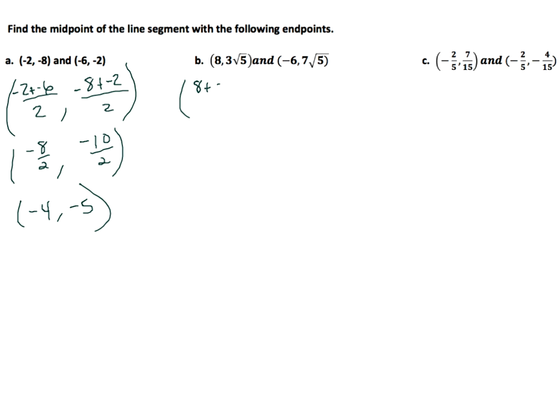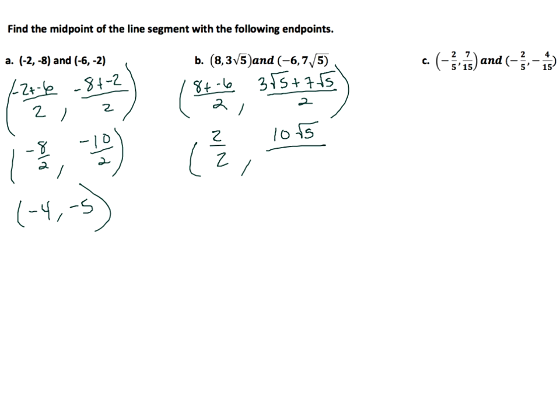Moving on to this next set. Average my x's: 8 plus negative 6 over 2. Average my y's: 3 square root 5 plus 7 square root 5 over 2, to get my x and my y coordinate. So I've got 2 over 2, and I've got 10 square root 5 over 2. So that's 1. Now,